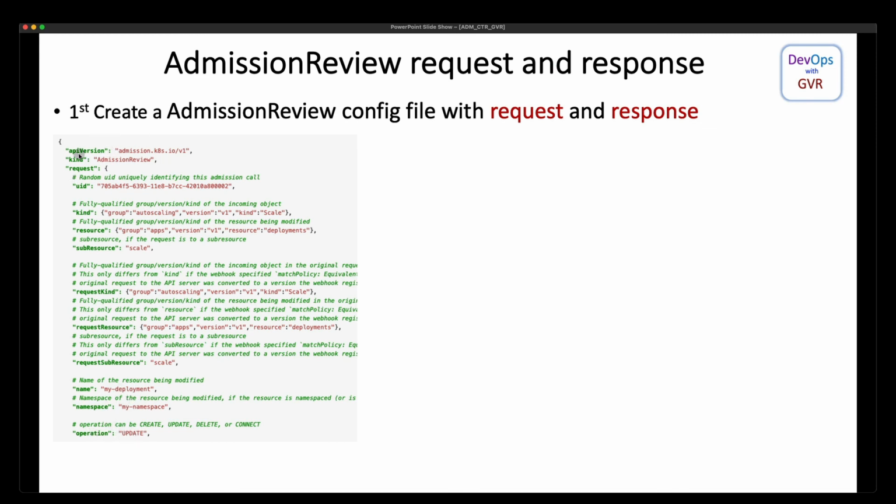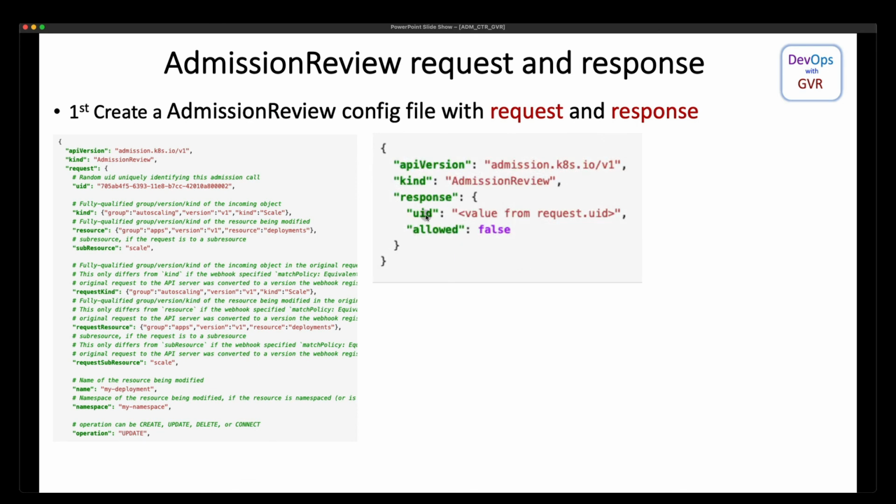All of these things are specified under the request. And the response, if you look at this, is in JSON format.